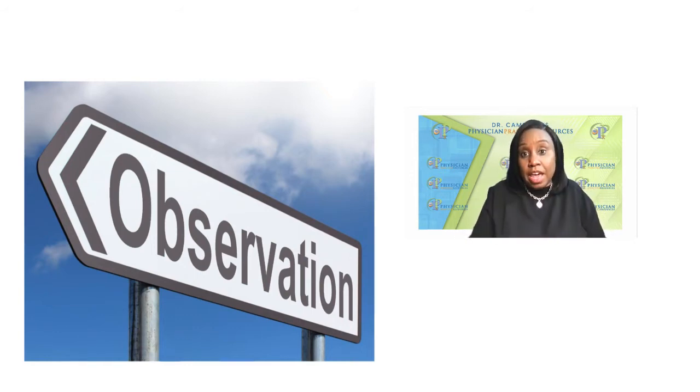And you'll see that as you begin to explore these codes. So when we look at the initial observation care codes, this is that initial encounter for that observation status. We have 3 codes to choose from,